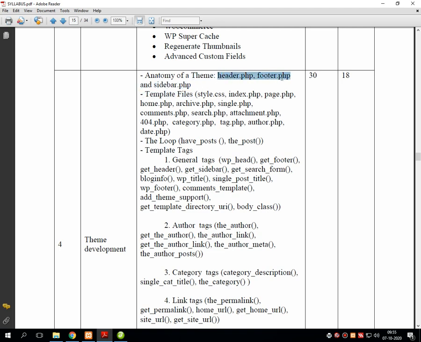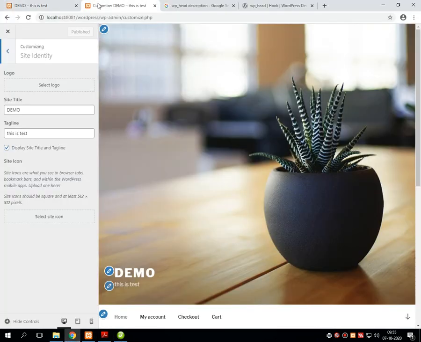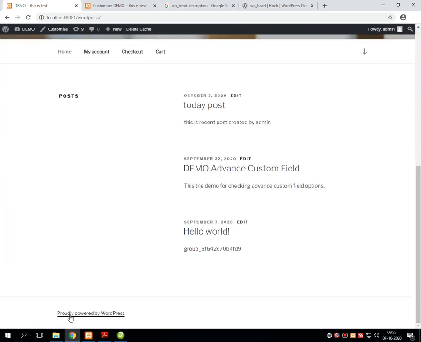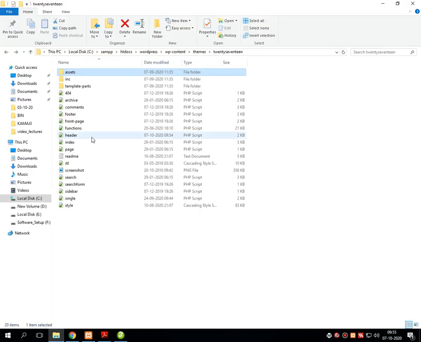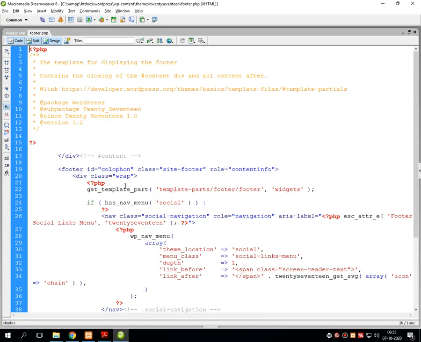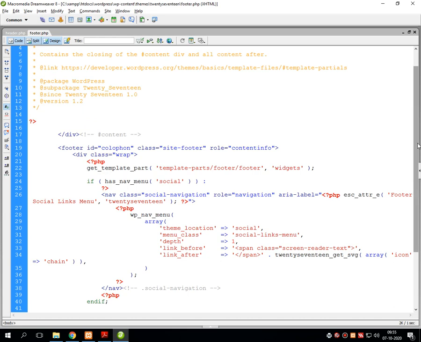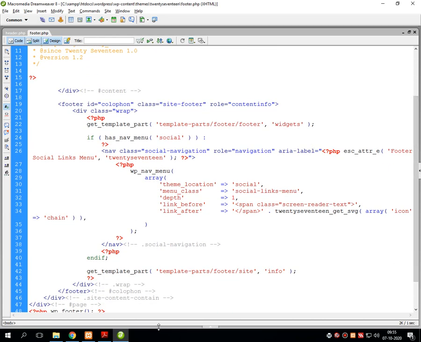Generally, this header.php maintains the header of the entire website. This is the header of the website. Now, whatever is written into the footer, that is "Proudly powered by WordPress", is the footer. So for that I am just opening footer.php, a very short and simple file, containing many functions. I am not going into the detail of all these functions yet because it creates lots of confusion for all of us.